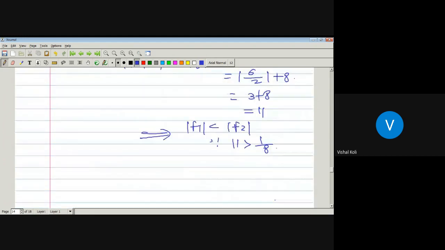As |f1| is less than |f2|, then by Rouché's second corollary,